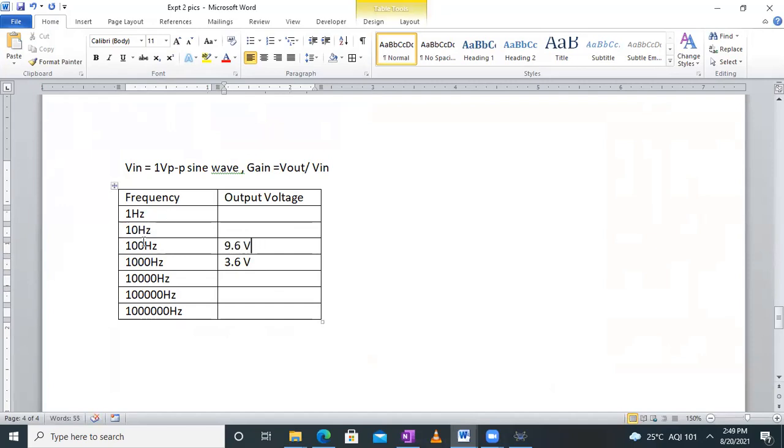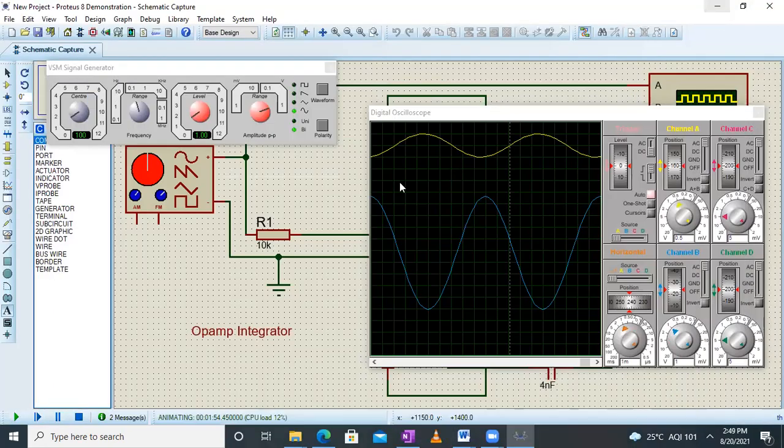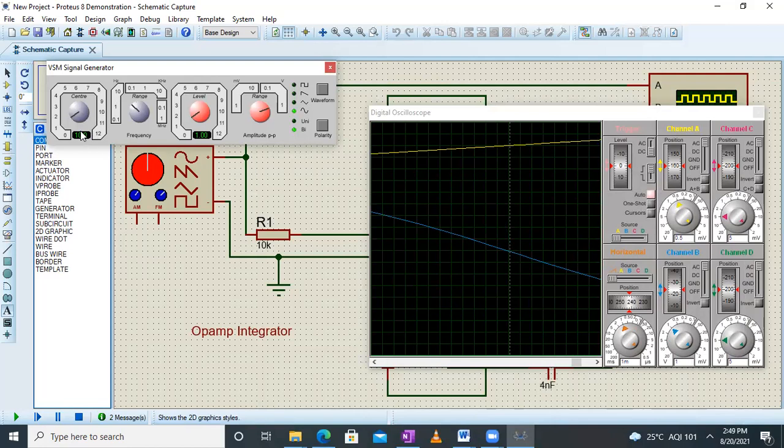Now let's decrease the frequency to 10 hertz. So I'll go over here and I'll put this range as around 10 hertz. Okay, so my frequency right now is 10 hertz. As you can see, again, my input and output waveforms are disturbed. So I have to reduce the times per division knob. So see, after the reduction of the times per division knob,